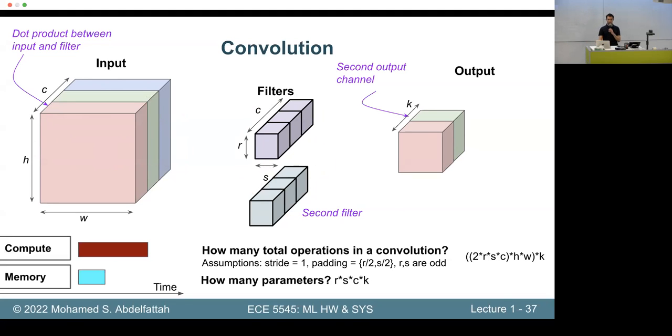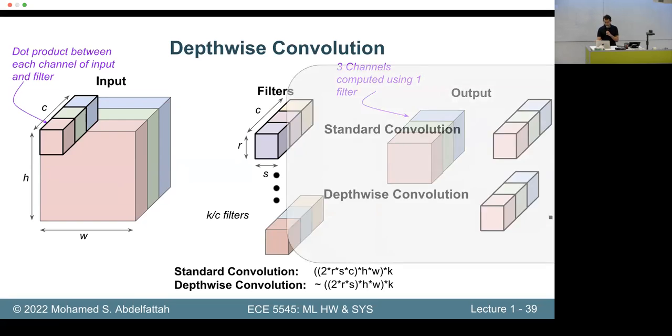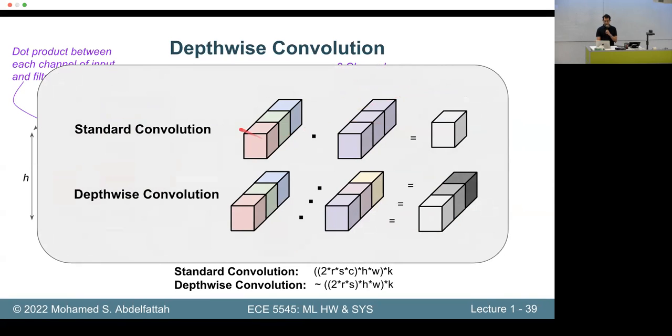One way people have been trying to alleviate the compute bottleneck of convolutions is by using something called depthwise convolutions. What that means is that every time I sweep the filter across the image, instead of producing 1 value in the output, I actually produce C values, or in this example, 3 values. And how do we do that? Compared to a standard convolution where you do a complete dot product between all of the input shape and the filter shape to produce 1 value,